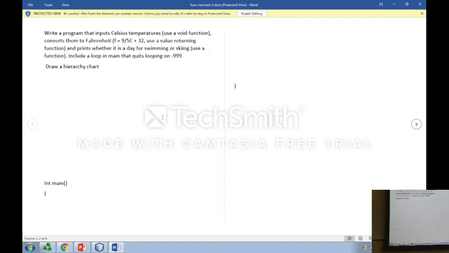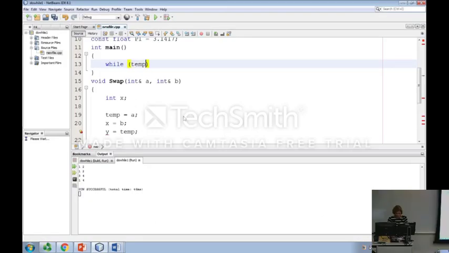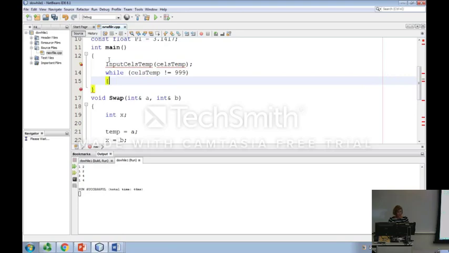Okay, so now write main. And where should you start in main? With your loop. While what? It's a sentinel. While temp is not equal to negative 999. That's your while. That's your test step. Skip some space, right? While temp not equal to negative 999. I'm calling my function here, and I'm going to write it later. I'm just calling the function. Okay? Now, my action step